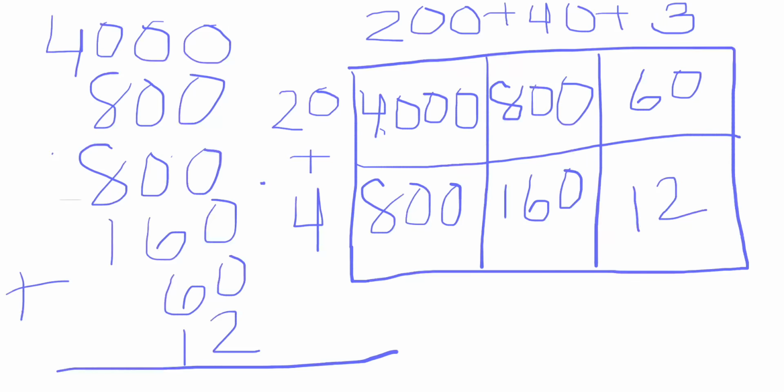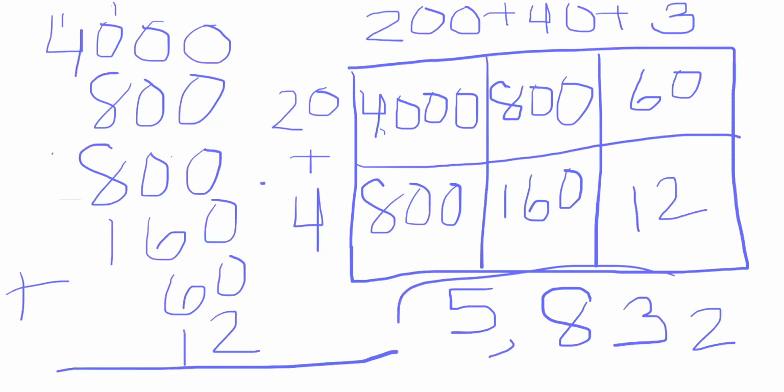And we're just going to add the ones first. So zeros all the way down plus 2, we have 2. Then we have in our tens, 6 plus 6, which equals 12. And 12 plus 1 equals 13. Regroup that one. Okay, then I know 8 plus 8 is 16. And then I'm going to add that 1 from the top, which makes it 17, plus the 1 below it, which makes it 18. And regroup that 1. And then 1 plus 4 equals 5. Our total product is